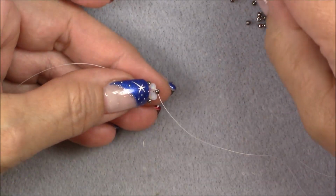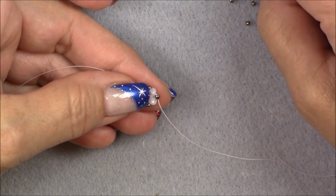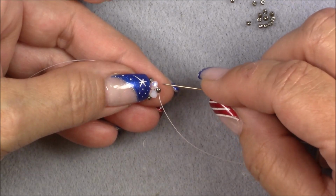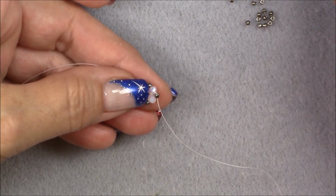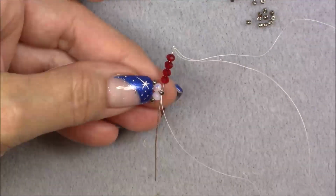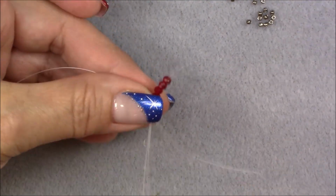So now I'm going to pick up red crystals. So I'm going to pick up 4 red crystals. I'm coming through the 11 seed bead here. I have 4 crystals, and I'm just going to go into the opposite side of the 11 seed bead, just like this. Pull my crystals down,